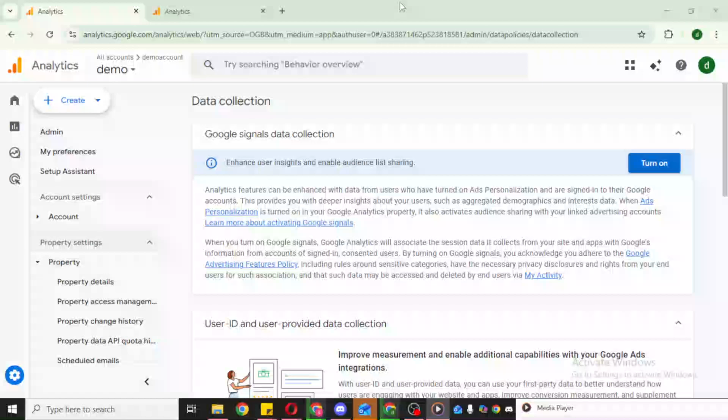In today's video, I'm going to teach you how to find the Google Analytics 4 property or measurement ID. By the end, you'll know exactly where to look in your Google Analytics account to grab the measurement ID you need to connect your website or app. This is the code that starts with G and a dash, and it's what most platforms ask for